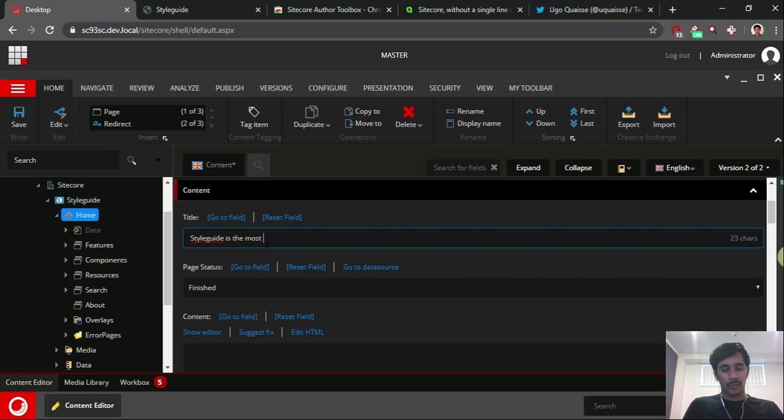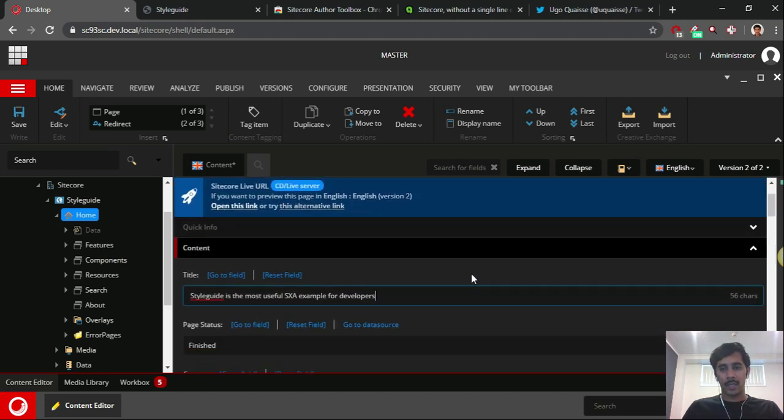I have added a 40 characters limit for this. I would say an example. So if you notice here, 56 characters, that means we are way over the 40 characters limit. And this will help content authors when they are actually entering the content in real time.